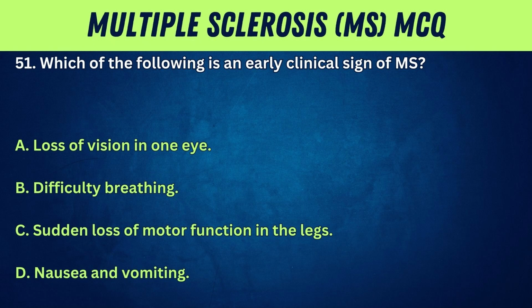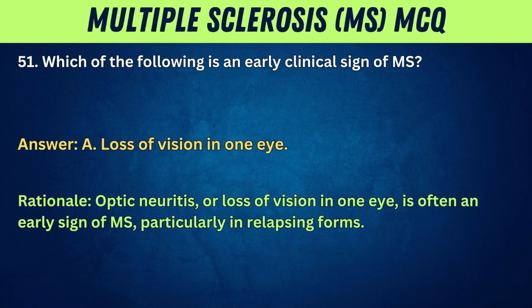51. Which of the following is an early clinical sign of MS? A. Loss of vision in one eye. B. Difficulty breathing. C. Sudden loss of motor function in the legs. D. Nausea and vomiting. Answer: A. Loss of vision in one eye. Rationale: optic neuritis, or loss of vision in one eye, is often an early sign of MS, particularly in relapsing